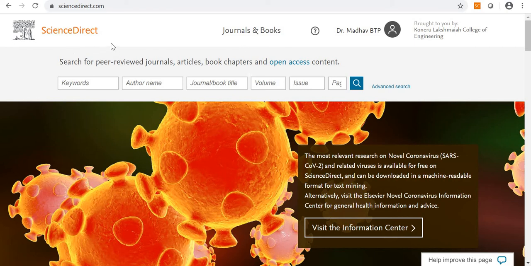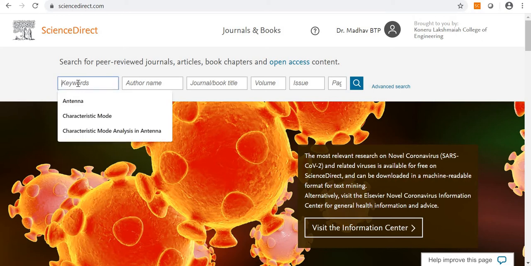This Science Direct is supported by Elsevier, so whatever journals and articles that you are searching, those are connected with only Elsevier publishing. If you want to find out a particular research area related papers, you have the keywords option here.